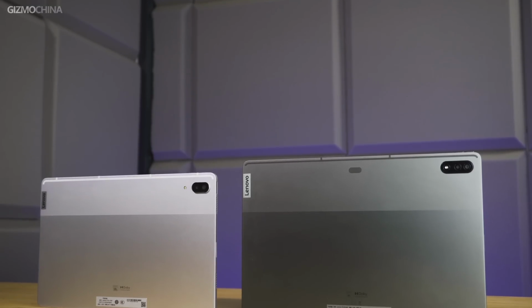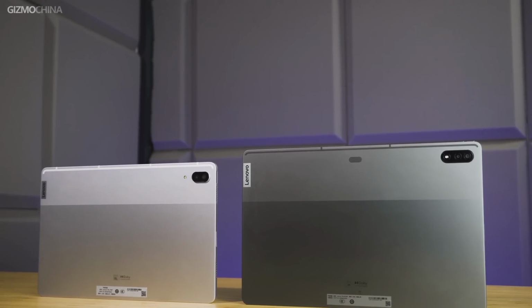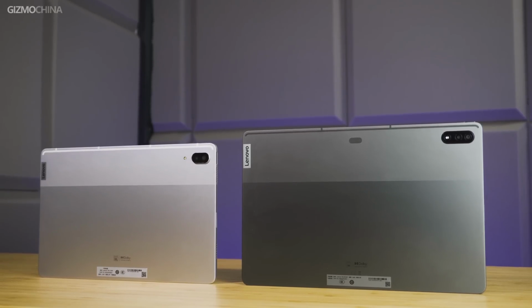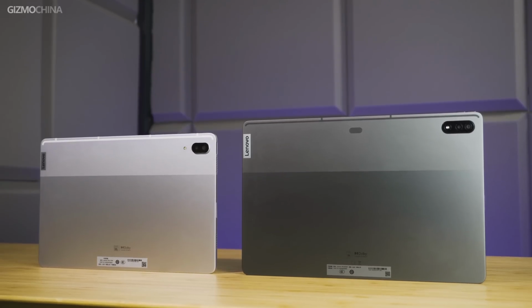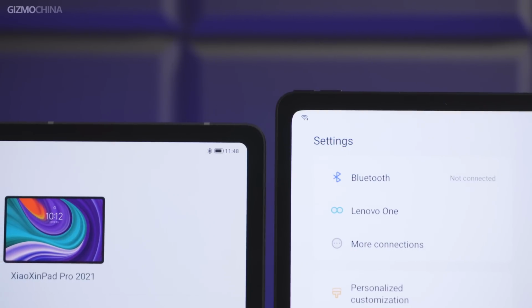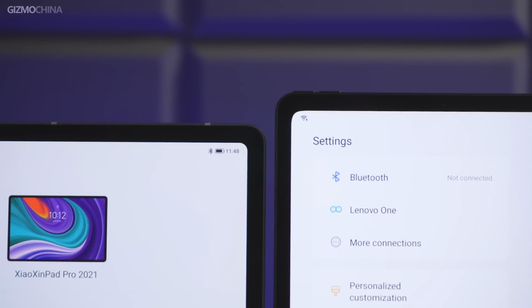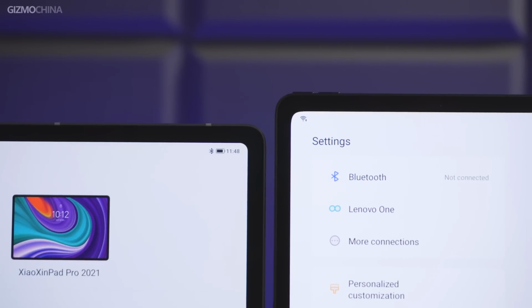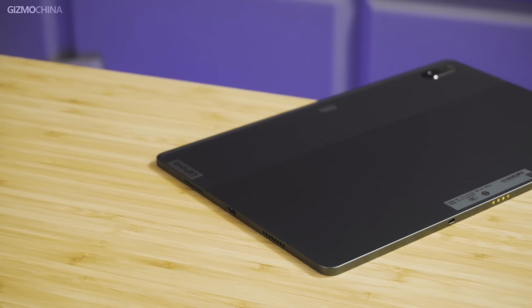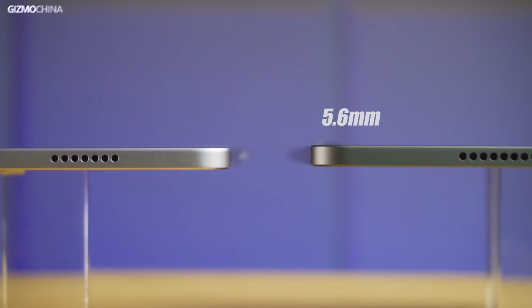So now let's look at the design. This tablet's design is pretty much exactly the same as the previous one. The P12 Pro has the same integrated metal body without any seams. It still feels pretty premium and no doubt has the best build among all the Android tablets. The P12 Pro's bezels are as narrow as the previous one, but visually narrower because of the bigger display. As for the thickness, it's physically 2mm thinner and feels even thinner than the figure suggests when holding